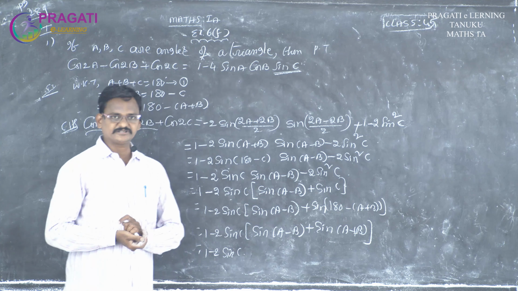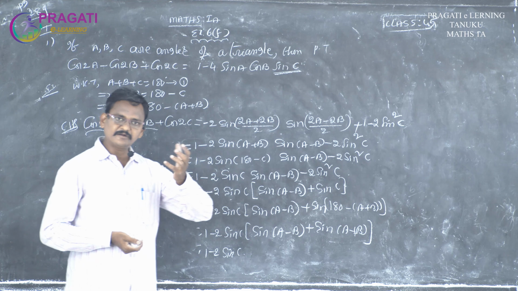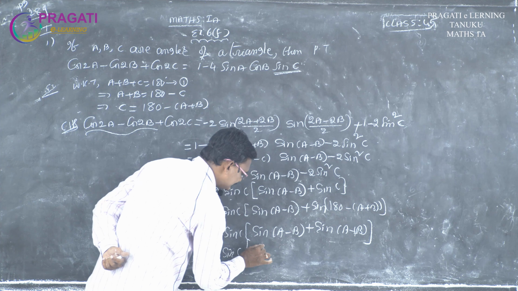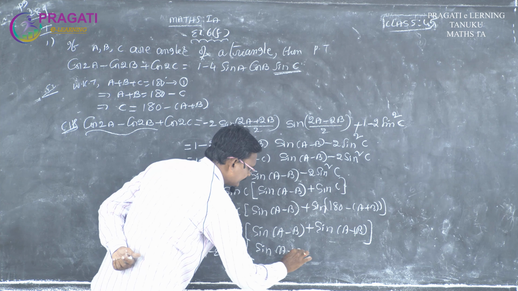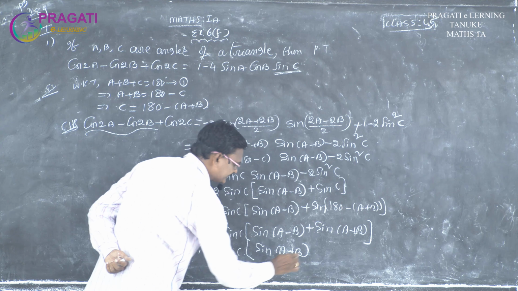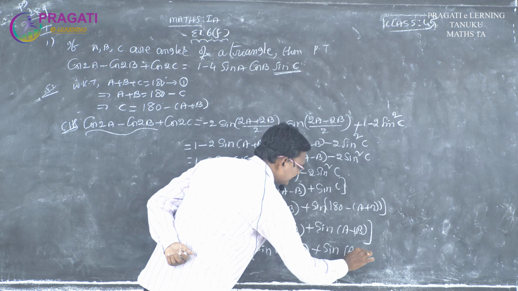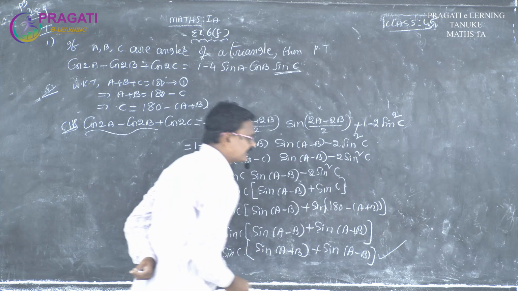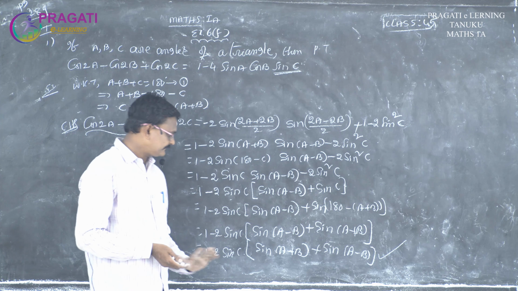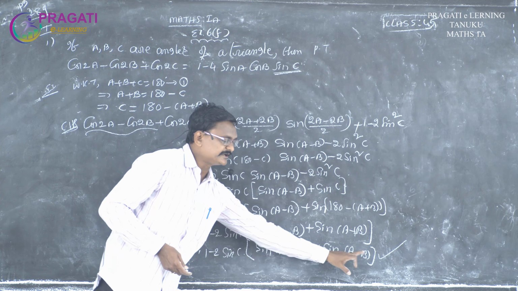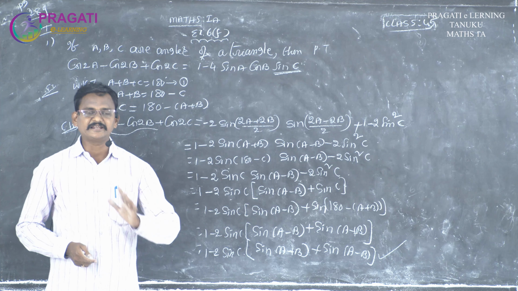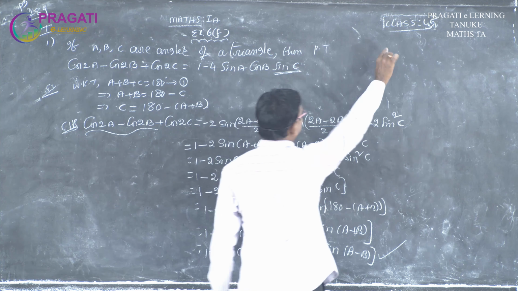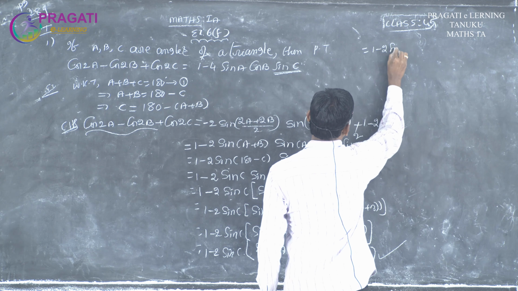Now, in the beginning of transformations, I gave you 4 formulas. All the formulas start with A plus B, so write in order: sin (A plus B), and next is plus sin (A minus B). Just write that step in order. Now, this is entirely one of the formulas in transformations. Let us verify: sin (A plus B) plus sin (A minus B). The formula is 2 sin A cos B. Here we already have 1 minus 2 sin C.